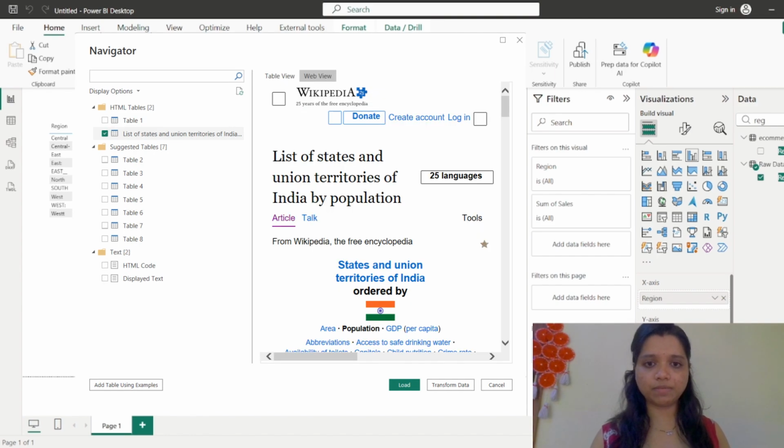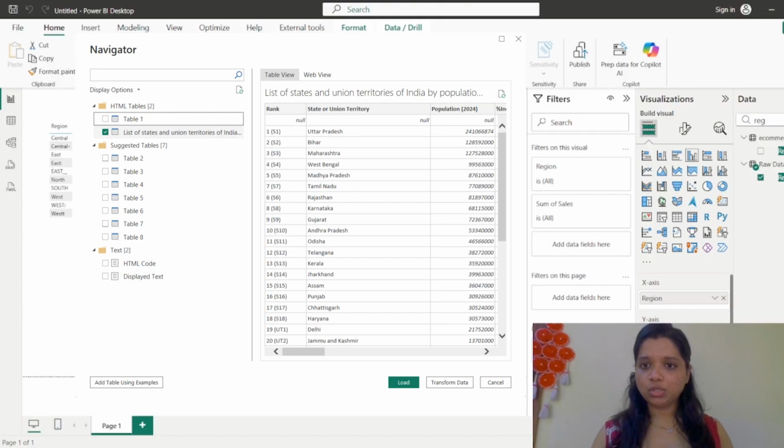So this is what the website looks like, and this is what the data it contains. So there are multiple tables here as well with some or other data. So let's say we select this list of states and union territories of India. So you have to check this box, then only this load or transform data option is going to appear for you. Again I'll just click load.